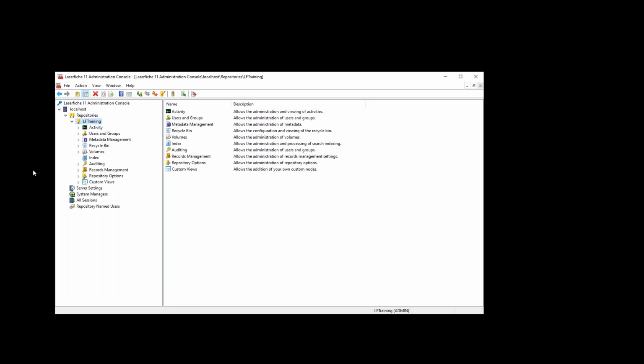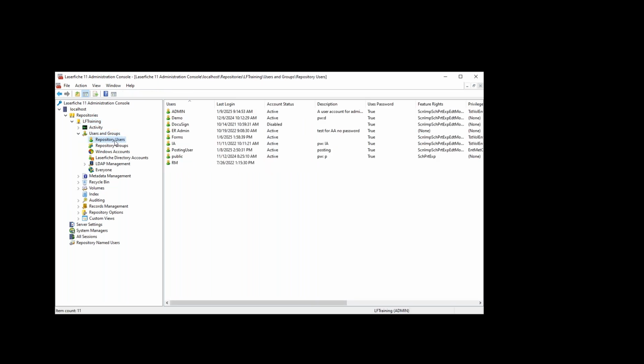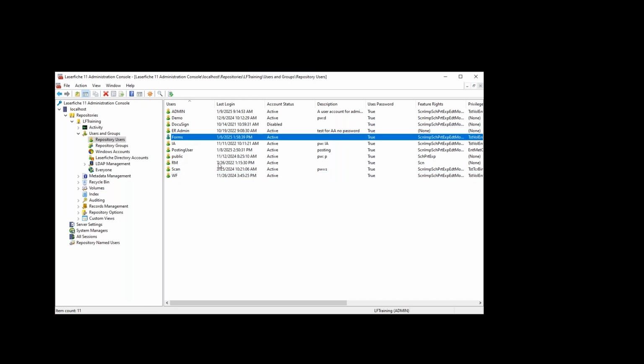Our first topic was the difference between named users and Windows users. And under our users and groups node, we have repository users. And these could be in here as actual users. They could be some service accounts, like you'll always find a workflow account. Typically, we call it WF. You might find a forms account in there. These are named users, and they have a